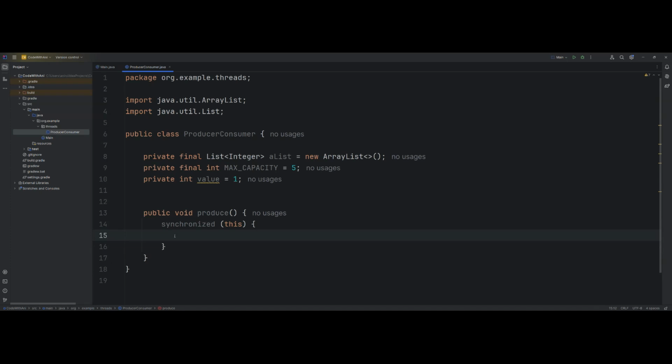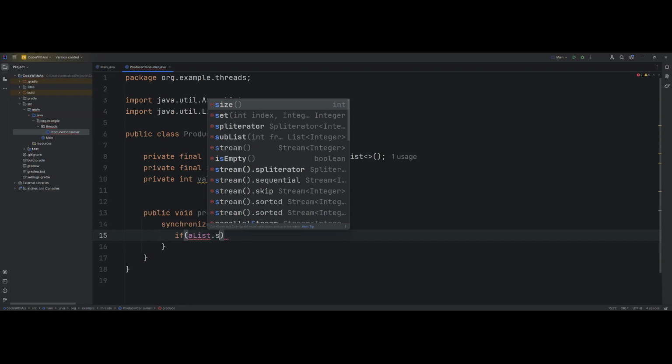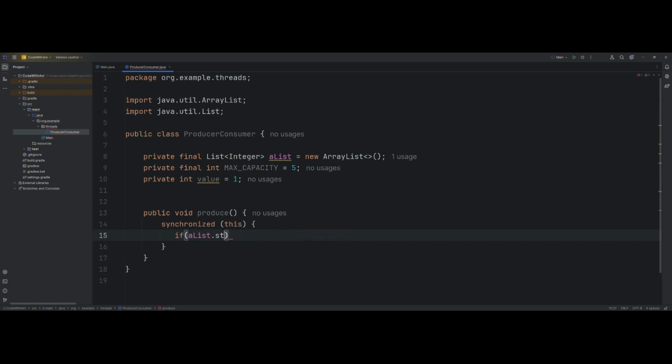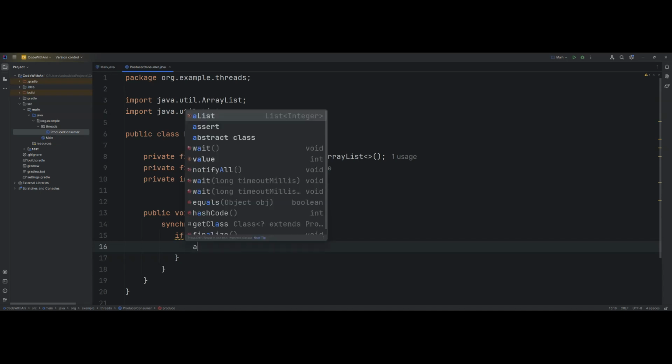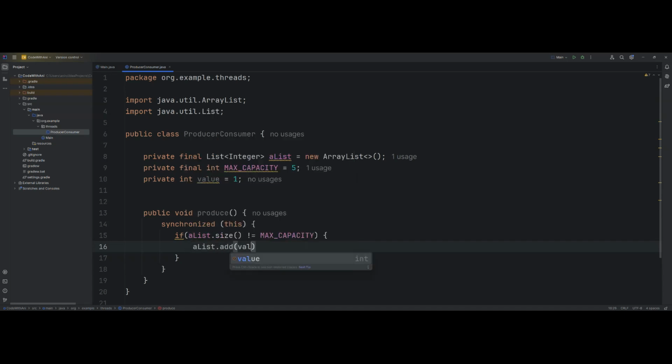Now synchronized of this, and here we will have the logic to put the elements into the list. So before that, I will just check if list dot size, oh 1 minute, size, right? Yeah, not equal to max capacity. That is, if the list is not full to its brim, we can do a list dot add value, increment the value,